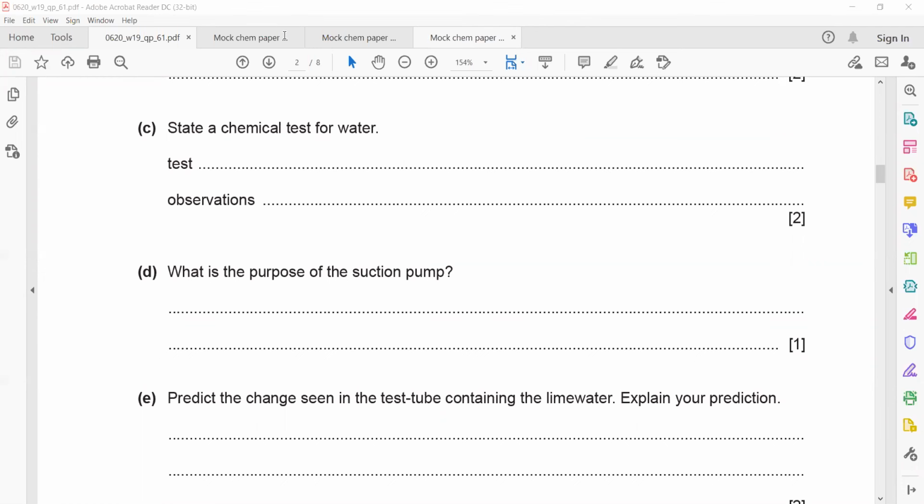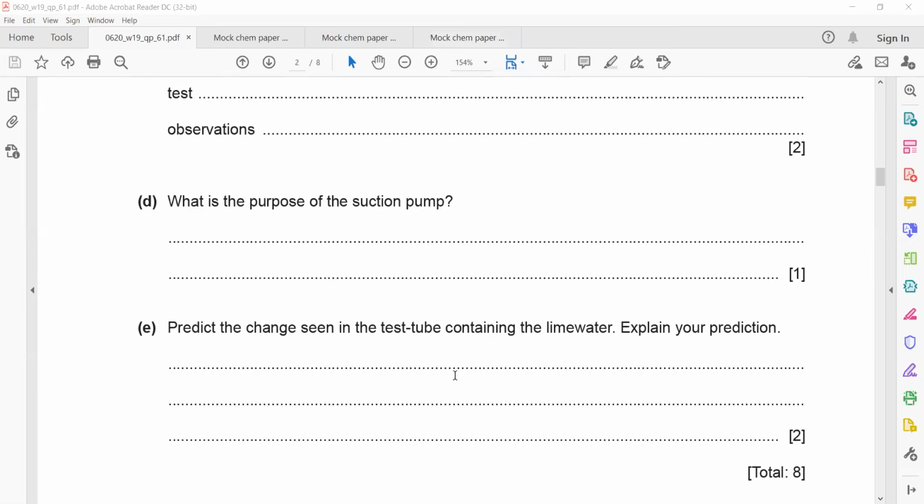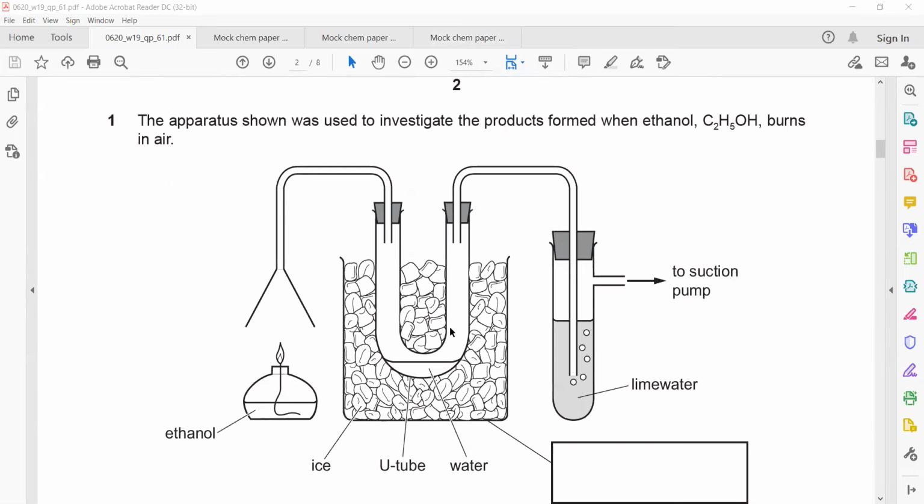What is the purpose of the suction pump? Why do we use the suction pump for this experiment? Basically, a suction pump will reduce the pressure, and it will force the substance, the product, to move through the apparatus. Otherwise, what will happen if there was no suction pump placed? Like if we were not having any suction pump here,